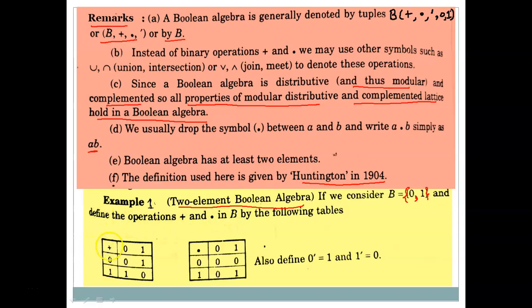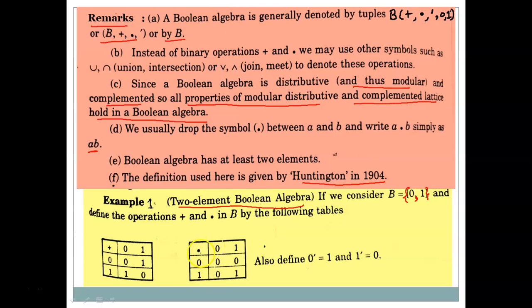So we are constructing here two tables, one with respect to addition. Suppose we are defining the addition in this way: if you add 0 with 0, you are getting 0. 0 with 1, it is 1. When you are adding 1 with 0, this is giving you 1. When you are adding 1 with 1, it is giving you 0. It is not 2, in fact. So we are defining the addition operation in such a manner that 0 with 0 will be 0, 0 with 1 will be 1, 1 with 0 will be 1, and when you add 1 to 1, that will be 0. So this is your special way of defining this addition or plus operation here.